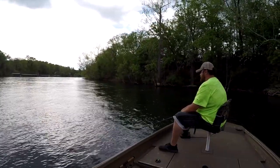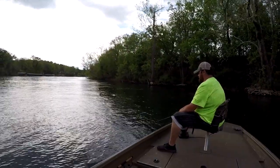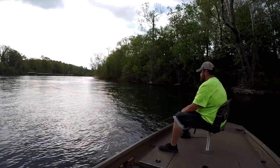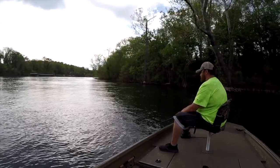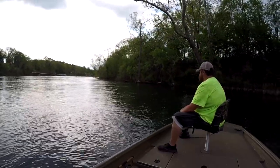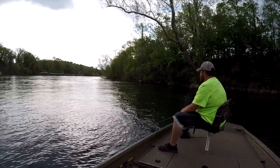I will say, I've got some reports. We had some guys out yesterday that came and bought some of these baits. They went up to the dam, and their first fish within 2 minutes was a 19-inch rainbow. So I will say it's working other places, but one of the best places I've found right now is